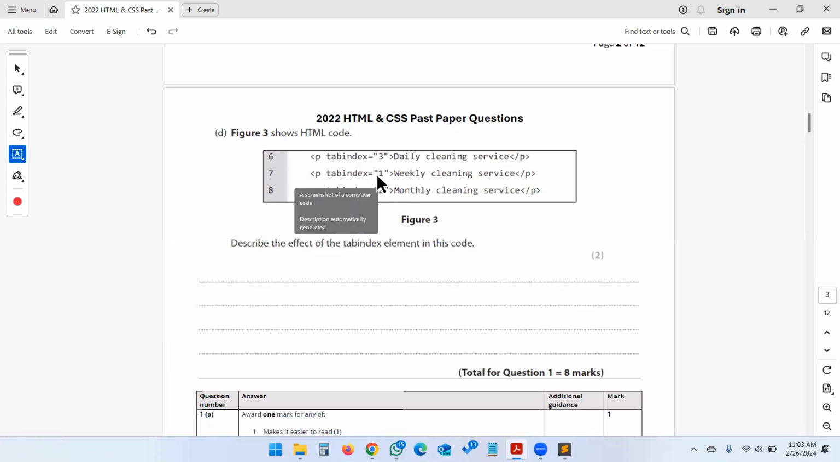So on your keyboard on the left hand side above caps lock, you have a tab key, right? So when you press the tab key, guys, it is first going to select weekly cleaning services. Then again, if you press tab key, it will select monthly cleaning services. Again, if you press tab key, it will select daily cleaning services. That's what tab index differs. Tab index differs the order of selection when the user presses the tab key. So they have asked us to